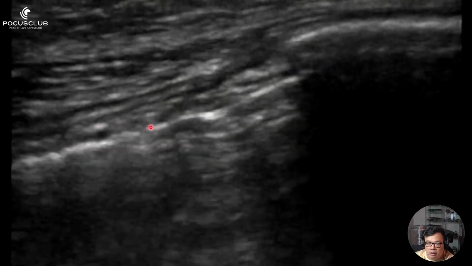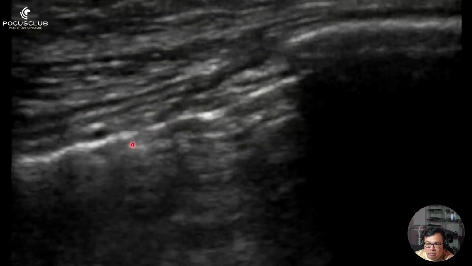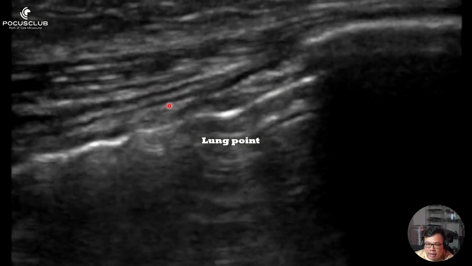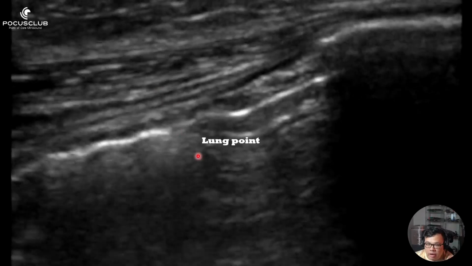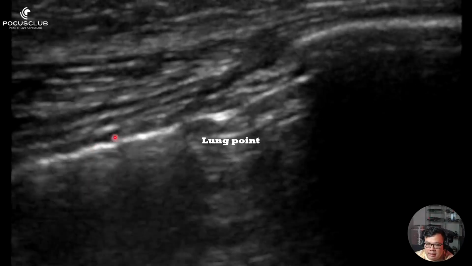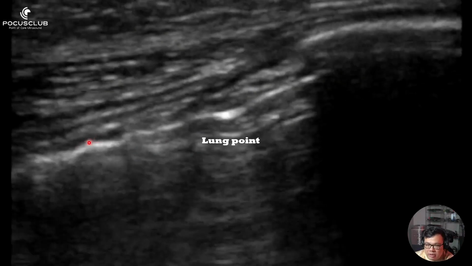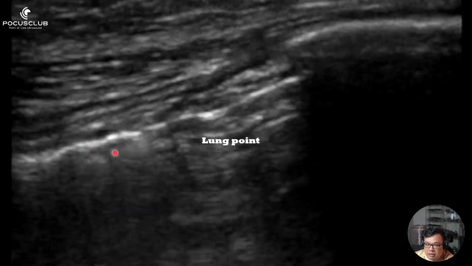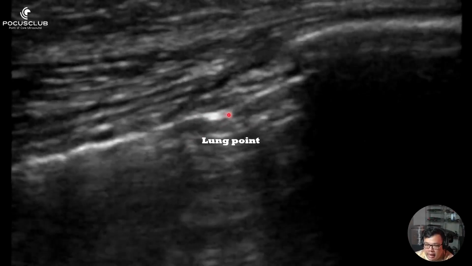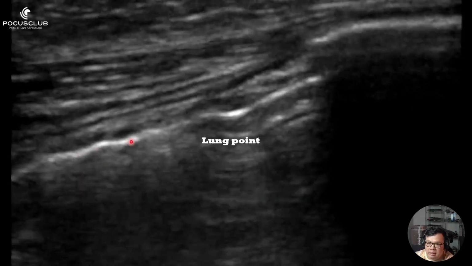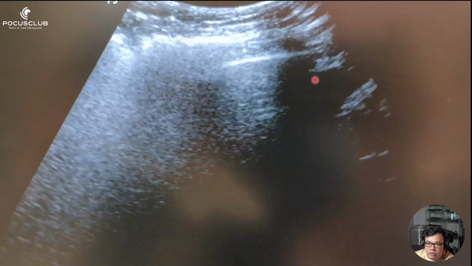Over here, this is what we call a lung point. This is where the lung actually starts to separate from the two pleura, start to separate from one another. So you can see here, this is a lung that's still articulating with the visceral pleura. The visceral and parietal pleura are still articulating, but over here, they are no longer articulating. So there's air in this space, suggesting a pneumothorax. This is pathognomonic for a pneumothorax. Over here is one of the pitfalls of